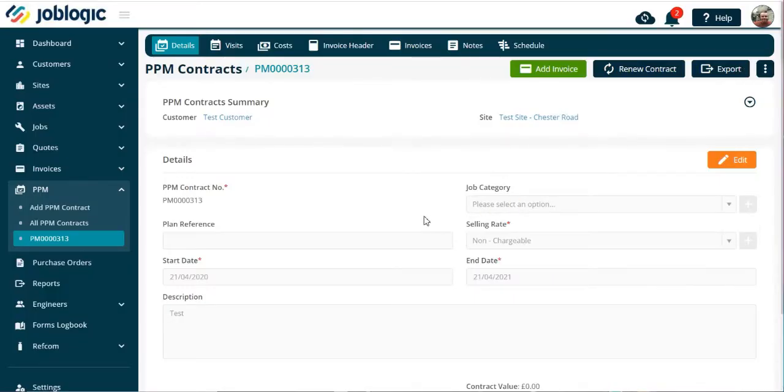Scheduling PPM visits. Welcome to this tutorial on scheduling visits under a PPM contract. Once you have set up a PPM contract, you will want to schedule the visits required. In this example, we are going to set up 4 quarterly visits under the contract to show on the schedule